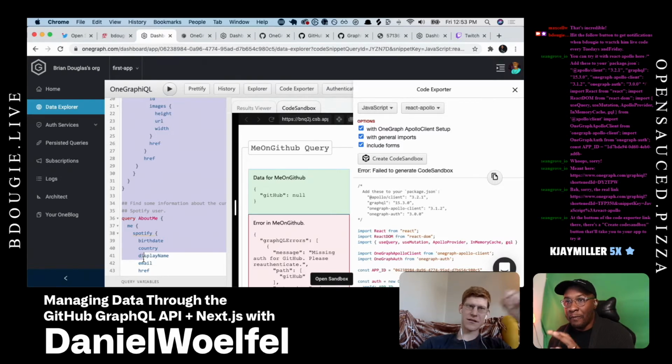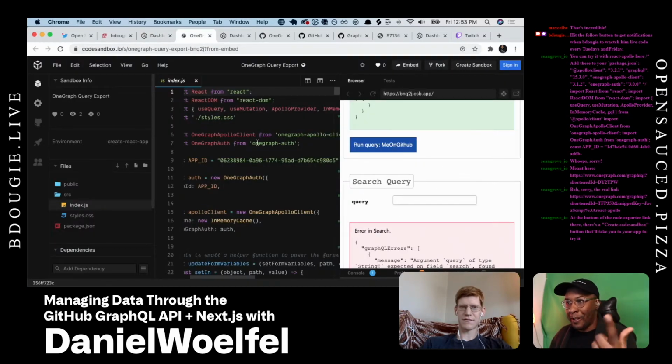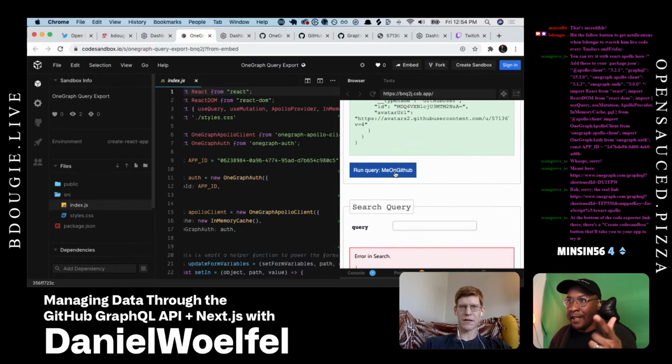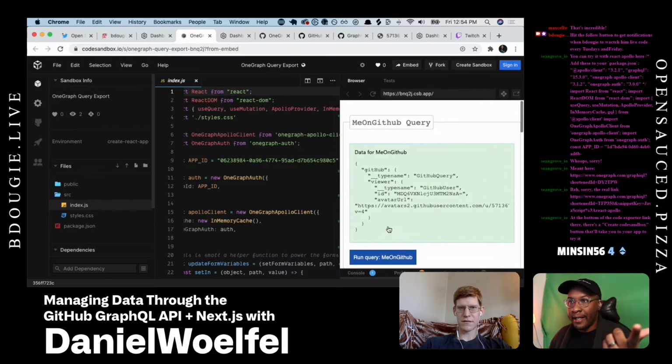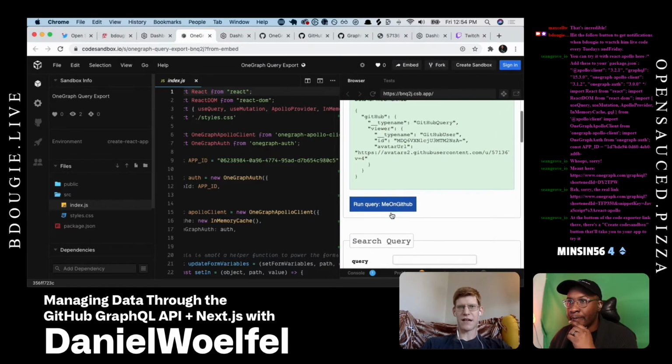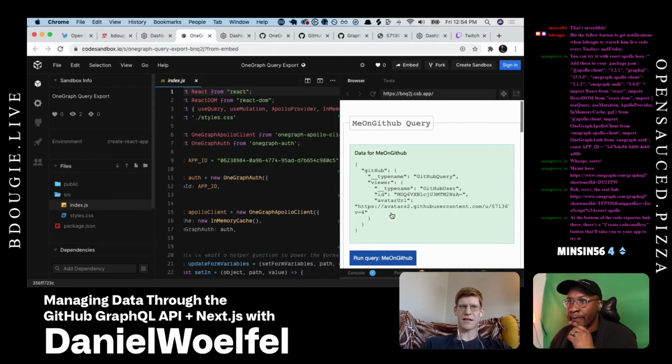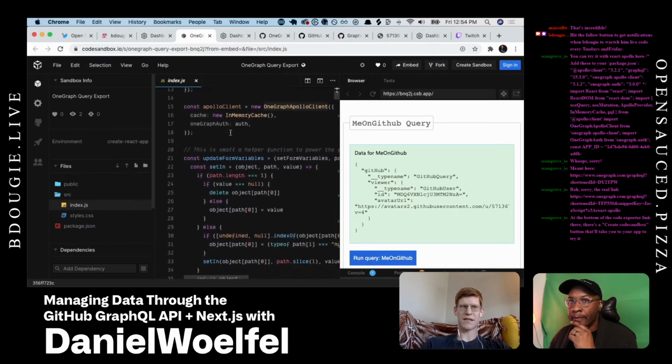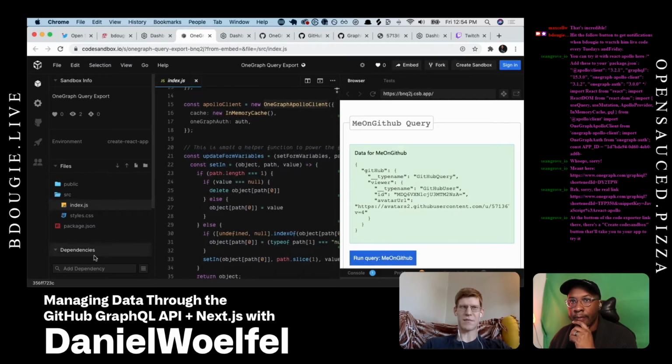So we basically have this scaffold that Sean dropped in the chat, and then we exported that using the exporter that we talked about, that was an open source project here. So I think at this point my GitHub query is connected. Yeah, so you can run that query, and then you can modify it in the code sandbox. You can export it as a zip, and that's the start of your new project.